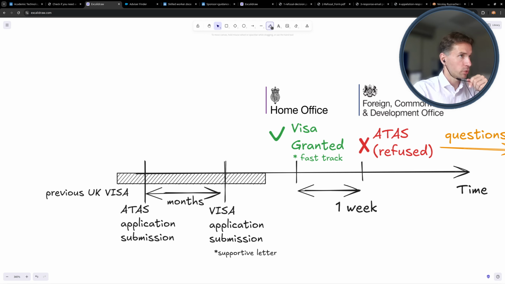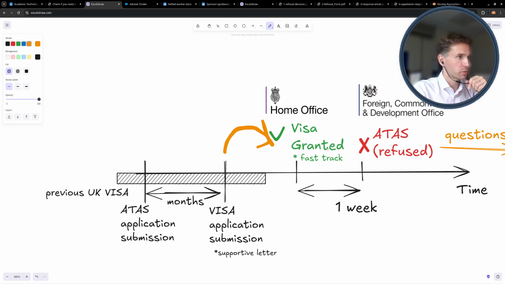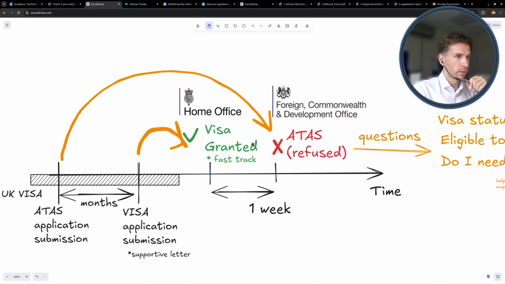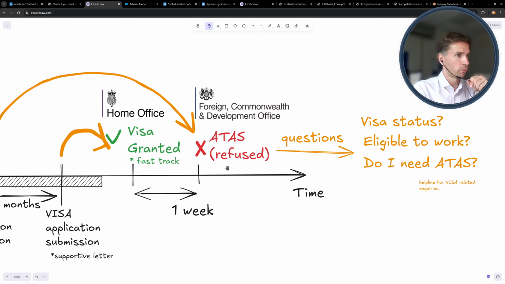What's important to mention here is that after submitting for the visa, it was granted. However, as you can see later on the diagram, after one week the earlier submitted ATAS resulted in a refusal status. This raises a lot of questions, especially about further actions and my status in the UK.